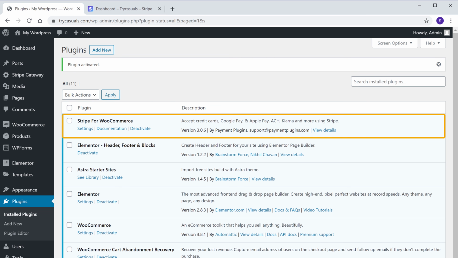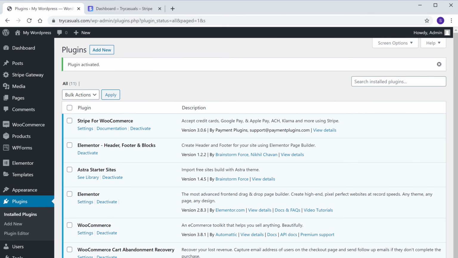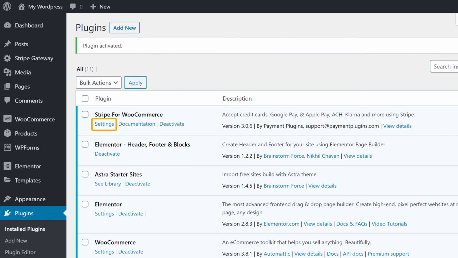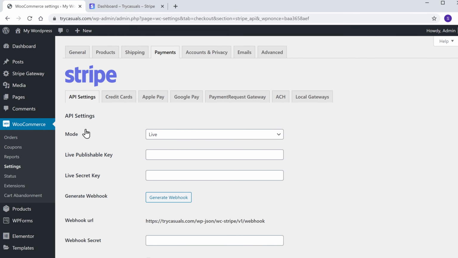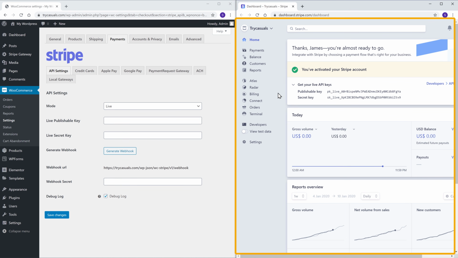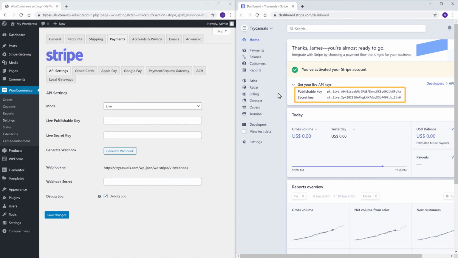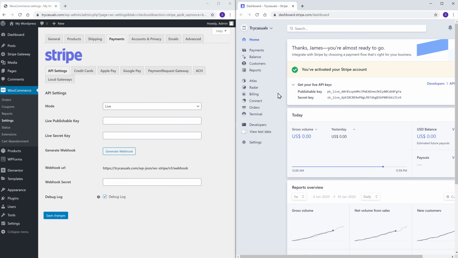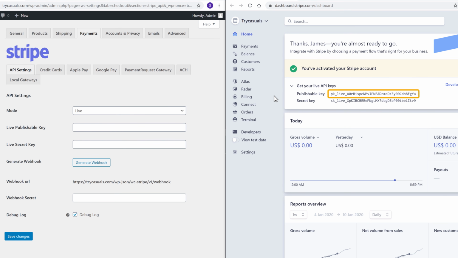So now we have installed the Stripe plugin on our website. So let's click Settings. Now to connect this account with our website, you need to copy these two details and paste them here. So to copy these details, let's click here to copy and then paste it here.